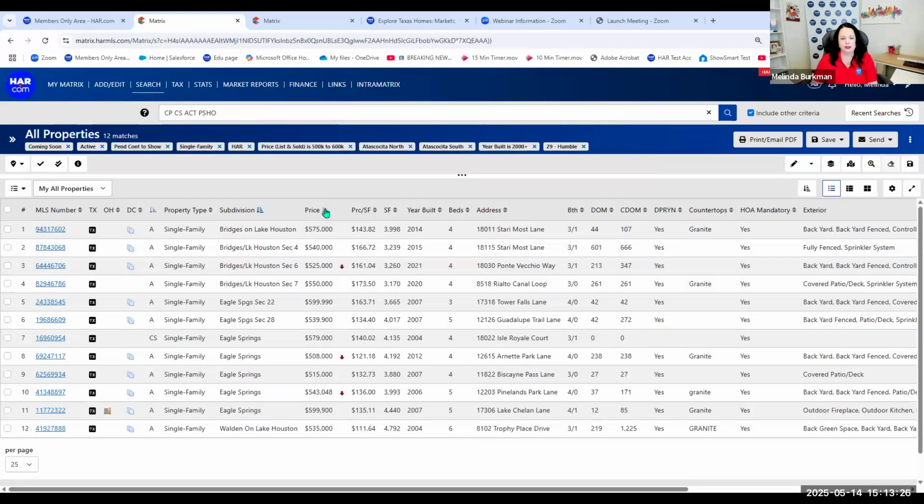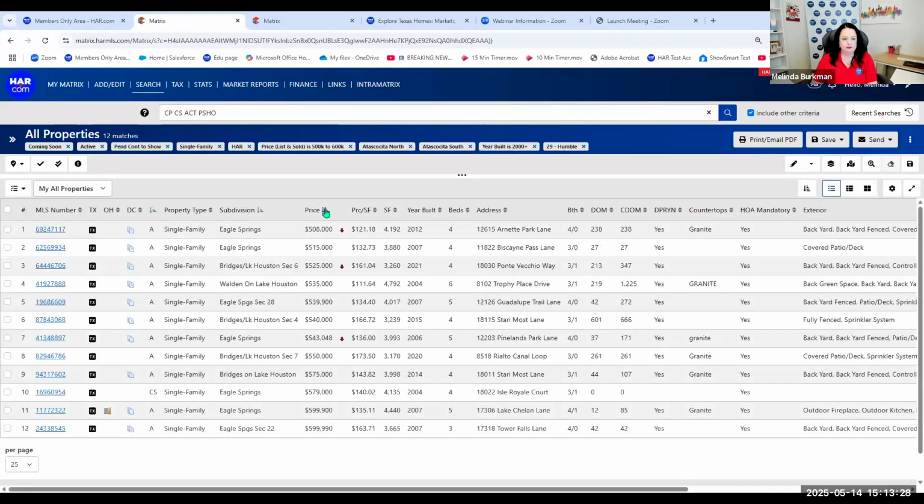You can sort the price range. Okay, we're going from least to greatest now. Square footage, price per square footage, year built, beds, address, the normal things, bathroom number, days on market, cumulative days on market. I've added these fields right here: down payment resources, countertops, HOA, and exterior features.